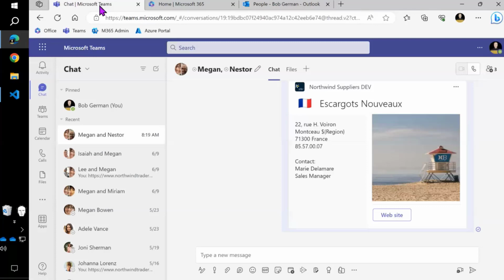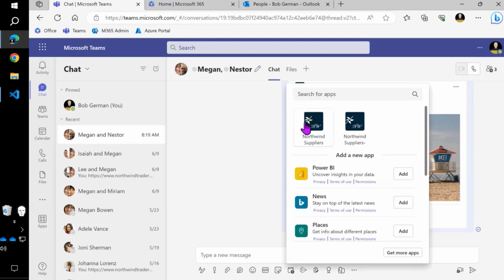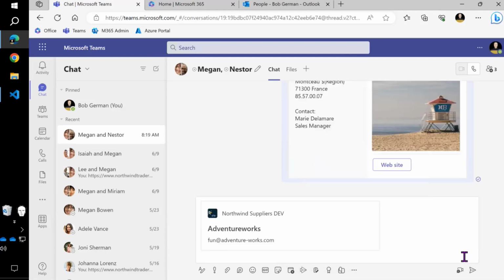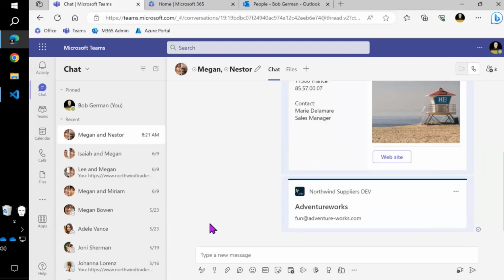So what if I want to share that in Teams? Do I want to copy and paste? No, I don't want to copy and paste. I want to click here, do a search in my contacts, type a letter or two from the name, and without signing in again, nothing up my sleeve, right? It's going to actually use single sign-on to get the necessary Azure AD token to get my contacts, enumerate all the ones that have A in them, and then I can go ahead and insert one of these into the conversation. Very simple.